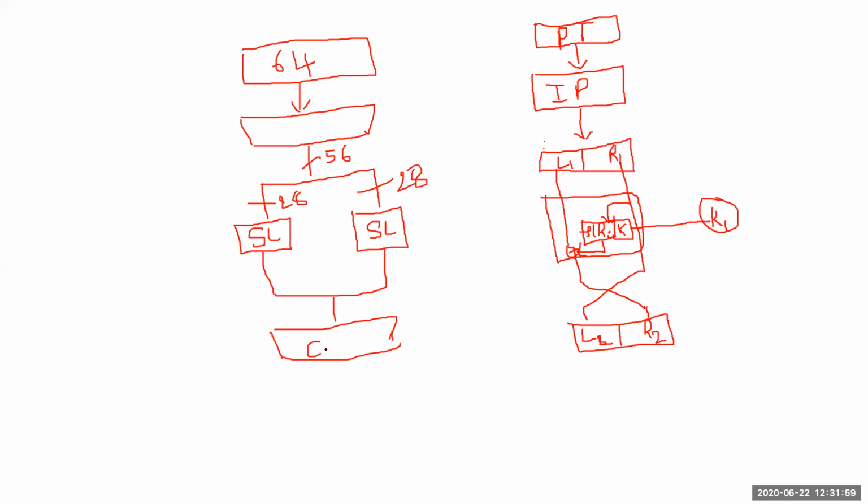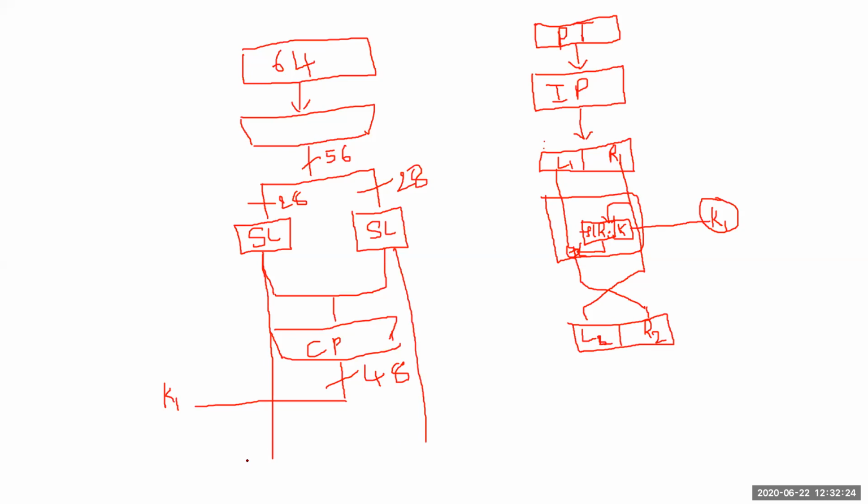After this compression P box, 8 more bits are going to be eliminated. So the output of this one will be 48 bits, and it will be sent to the respective round key, for example, key 1. Obviously, it could be sent like this, and this operation will be happening continuously.